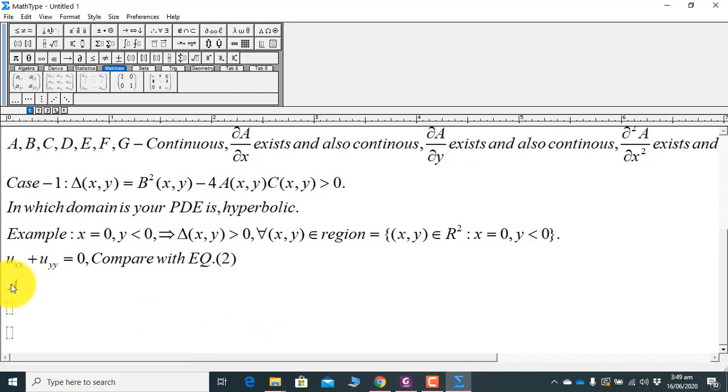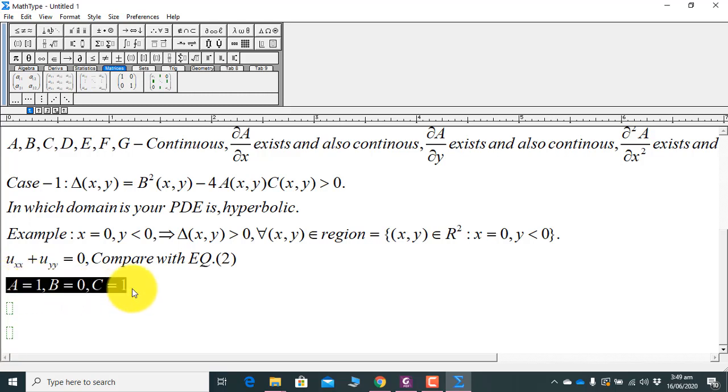Capital A was the coefficient of u_xx, this will be 1. Capital B was the coefficient of u_xy, this is 0 in our case, and capital C was the coefficient of u_yy, this is also 1. I am not focusing my attention on the D, E, F and G constants,